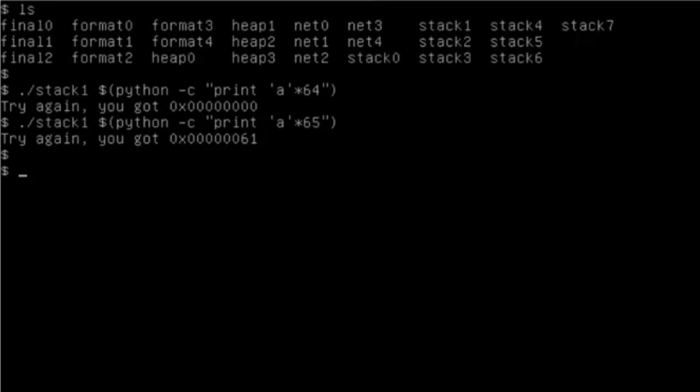So you need to run stack1. Python, stack, the $ sign, Python -c. We need to print the same 64. In here we need to give